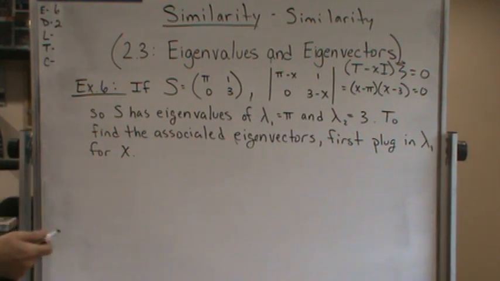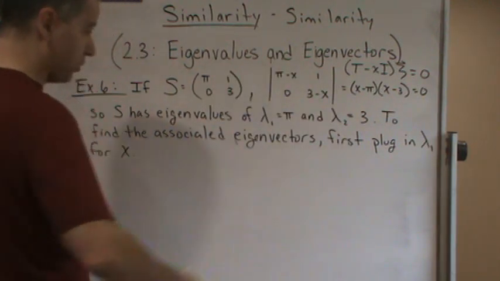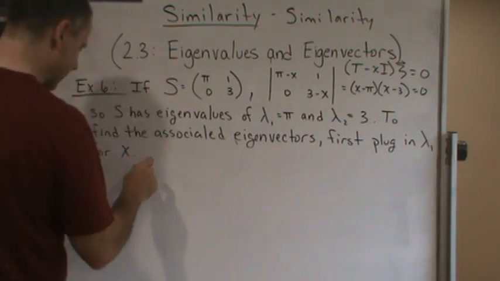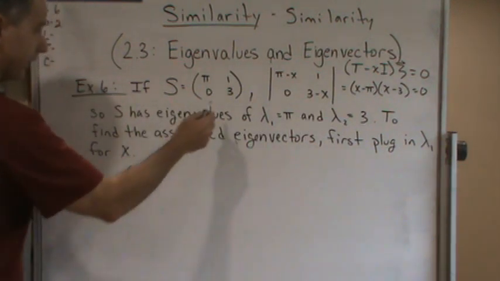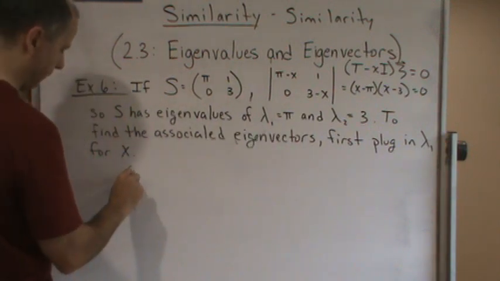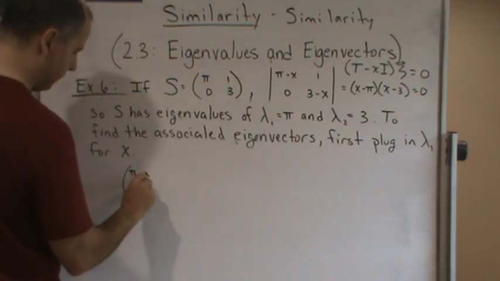Now to find the associated eigenvectors, we're going to do what we did before. We're going to plug in the lambdas, or excuse me, we're going to plug in for x and then solve for our zeta or z vector. So let's set that up. Let's do the first one, pi. We're going to get pi minus pi,